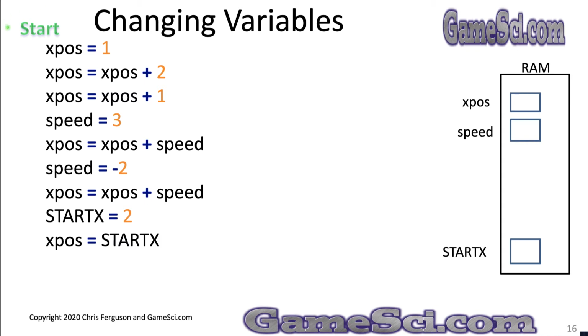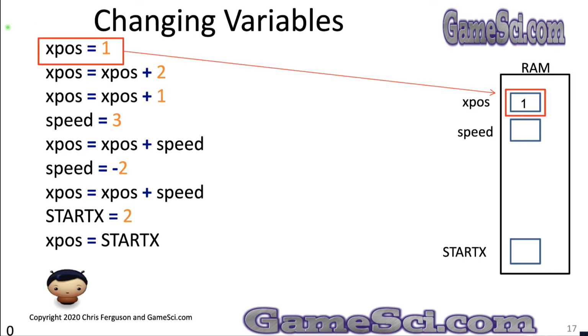Changing variables. Let's see how we can change variables, because part of the definition of a variable is it's something that can change, it can vary. It's where it gets its name from. So let's see how we can change variables. We'll start out with an x position equal to 1 and store a 1 in RAM memory in our x position variable. Now I drew a little character down here at sort of x coordinate 1. Just to show you the value in the x position determines where the character is going to be shown on